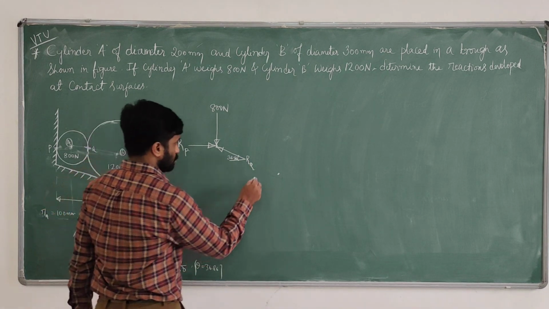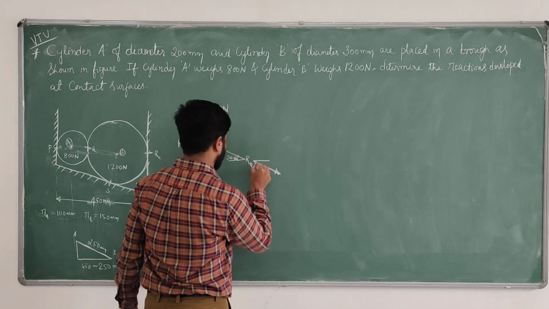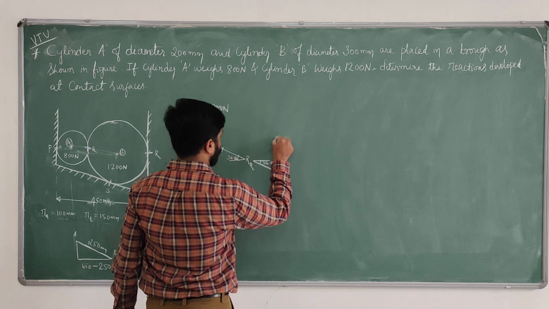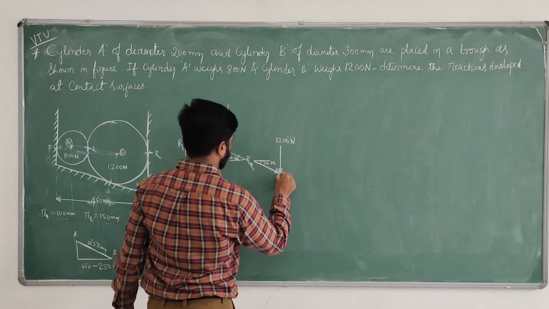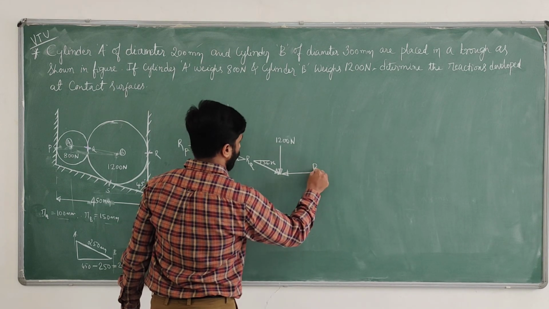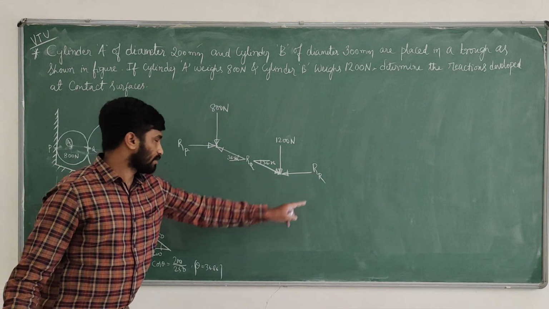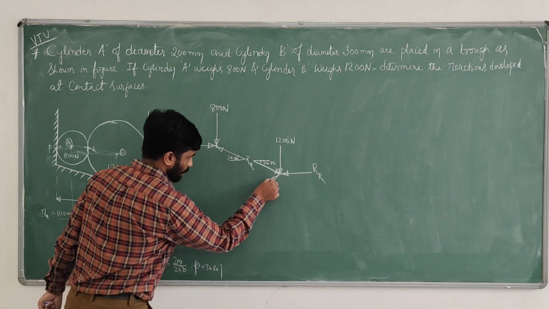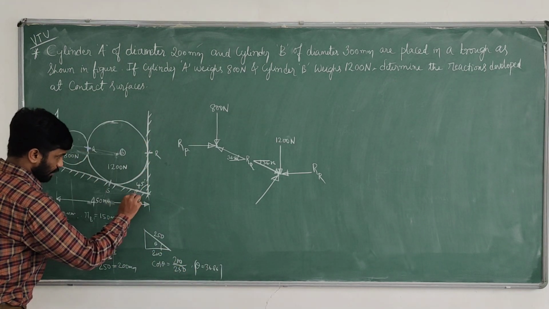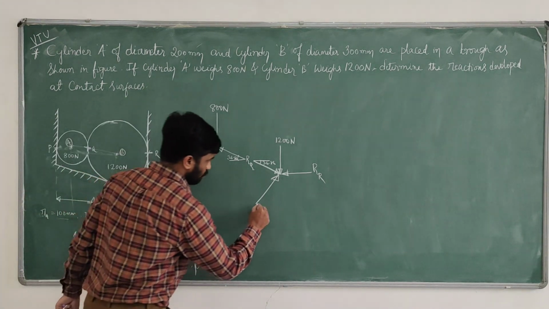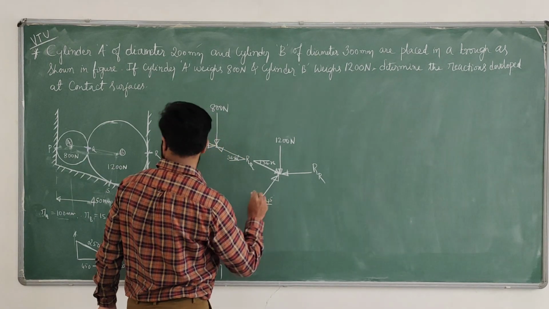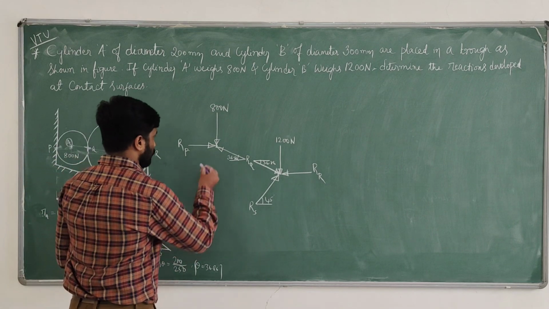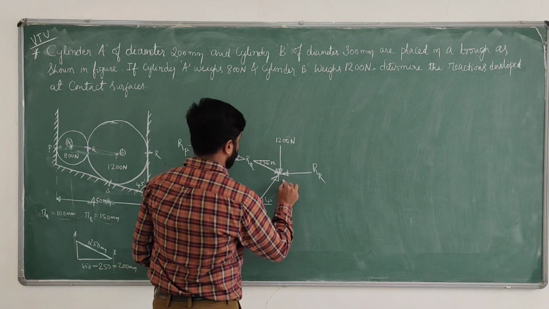RQ and RP. Next here you get the same angle, 36.86, and the weight is 1200 Newton, and also one more horizontal force RR. Then RS is inclined, so drop a perpendicular. If you drop the perpendicular, it comes like this, and this is 45 degrees, so 90 minus 45, this is also 45 degrees, and this is RS. This is the free body diagram for sphere A as well as for sphere B.